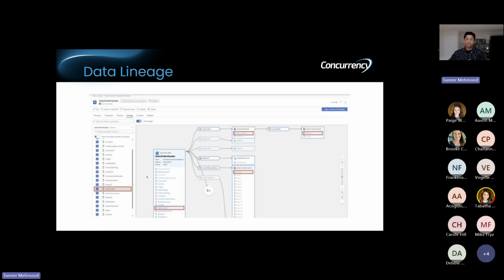Alternatively, I can also look at, if I happen to change something in the source, how a report would get impacted. Where all is it getting used? Who all is using that, right? Which all tables is it getting fed to? Which all reports is it getting fed to? I have that kind of control. What kind of machine learning pipelines is it going to? I have that kind of control within Purview.